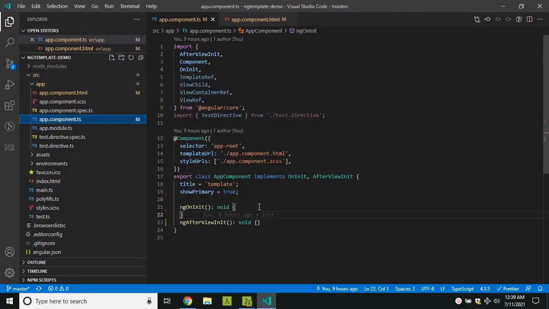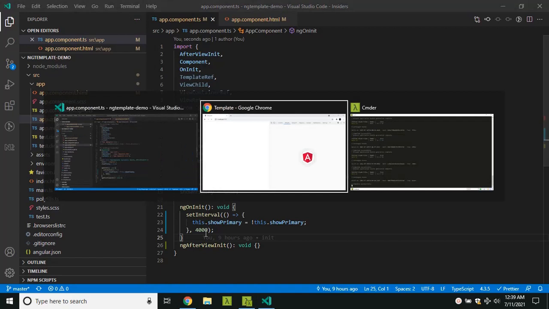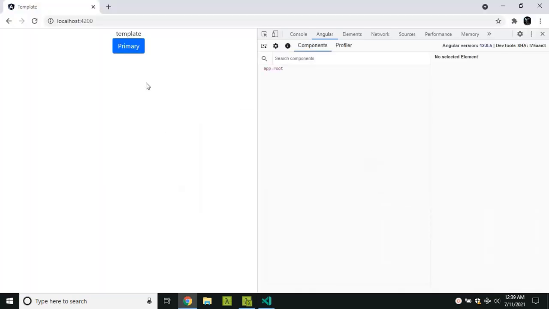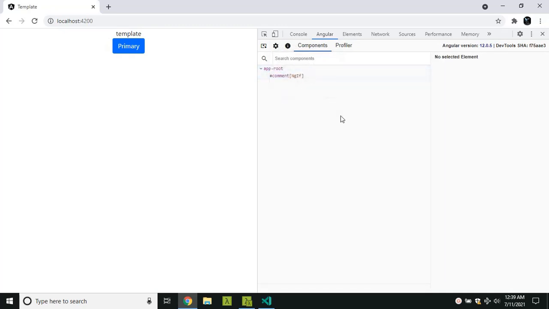Now let's go to the app component and add this setInterval which toggles the showPrimary value every 4 seconds. Now when we go to our application and we inspect the components in the Angular Dev Tools, there's an option to show the comment nodes. You can enable that.